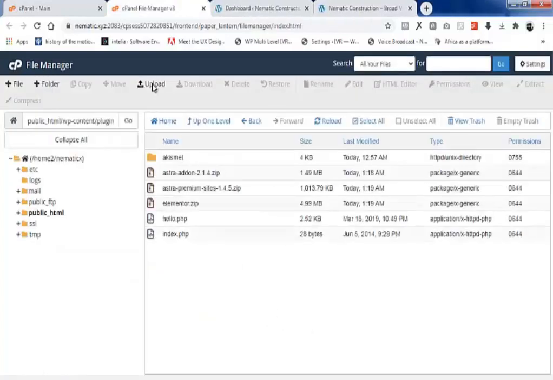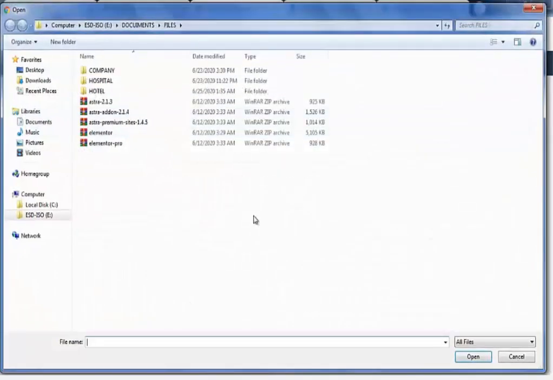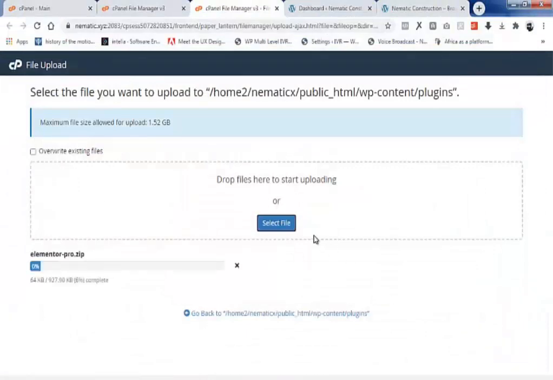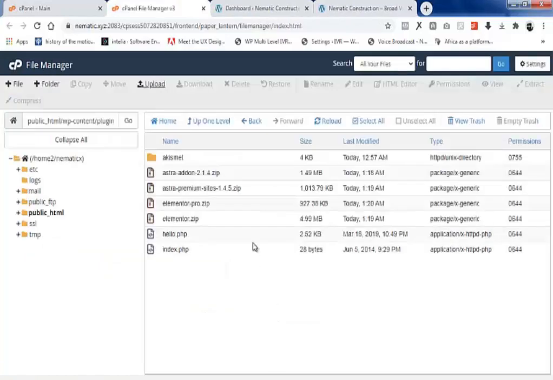Alright, so I'm going to click on upload again, then select file. I'm going to click on Elementor Pro, then click open. As you can see, it's been uploaded. Okay, so I'm going to click on this link. Alright, so as you can see, they've all been uploaded, but we have to extract them. So how do we do that?